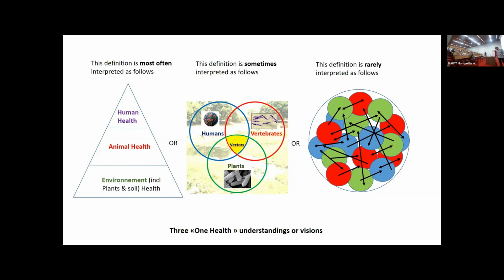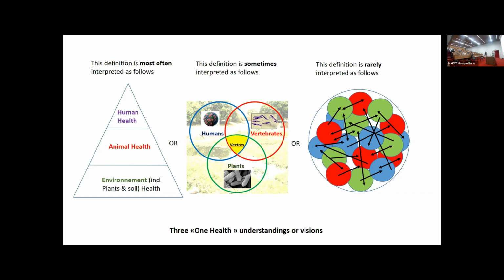most of the time, the definition is like this pyramid. At the top of the pyramid, it is human. We are human, so we have decided it is the definition, so somewhere it is logical. So human health, and then for having a good health, we need to have animals also having a good health, as well as the environment and the plants. So it is this definition most of the time. It is the understanding of One Health. But